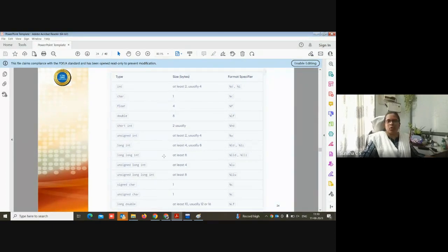So these are all the specifiers and classifiers of the data types. Boolean is not directly a data type of C, but we can use it in another way. So these are the main data types of the C language, and the format specifier for each is given over here.